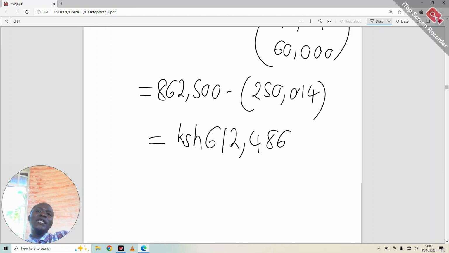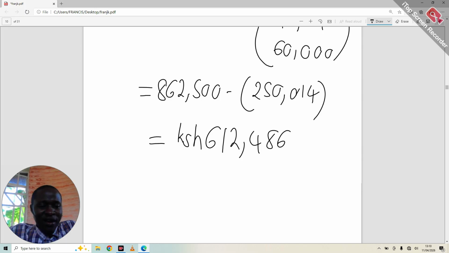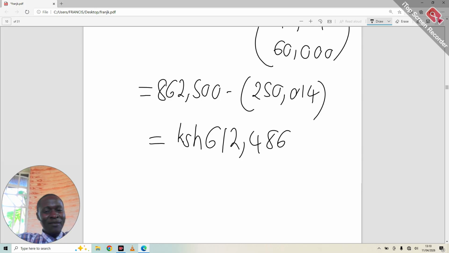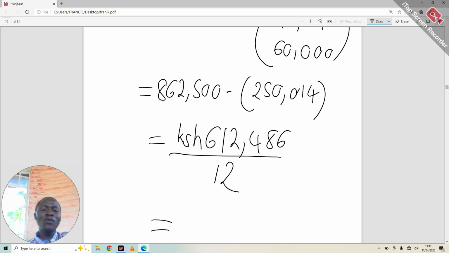Leaving the answer in this stage, if a good, understanding examiner comes across your paper, he or she will give you 9, but a serious examiner will give you 8 marks. Why? You've not converted your annual net income into monthly net income. So very much easy, just divide by 12. When you have a calculator, everything is much easier. So divide by 12 and have your final answer as